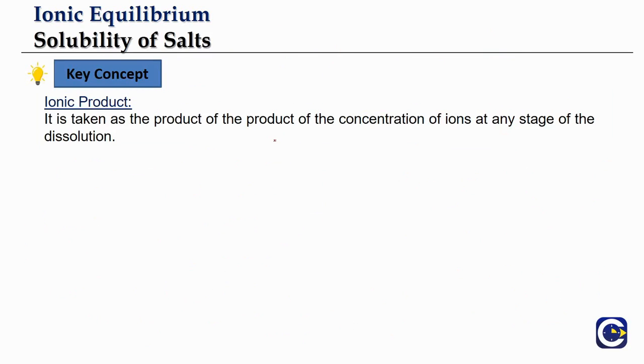Now in the case of the normal equilibrium, we talked about the equilibrium constant, which tells us the relation between the concentrations of the products and reactants at the stage of equilibrium. So it is all expressed in terms of the concentrations of the substances at equilibrium. And we have one more parameter called the reaction quotient. So what is the reaction quotient? It is a parameter used to track the progress of the reaction. It is just like the equilibrium constant formula, but we use concentrations at any given stage.